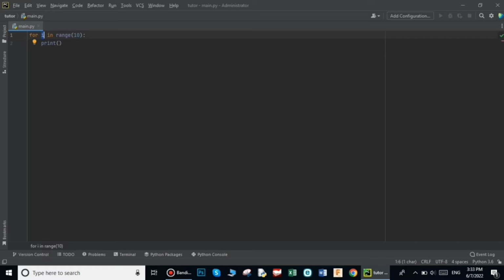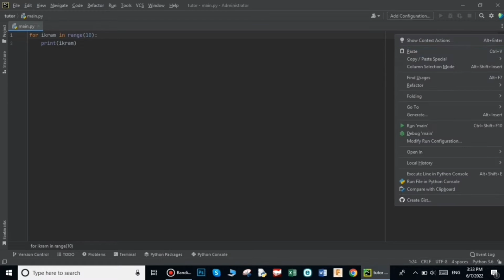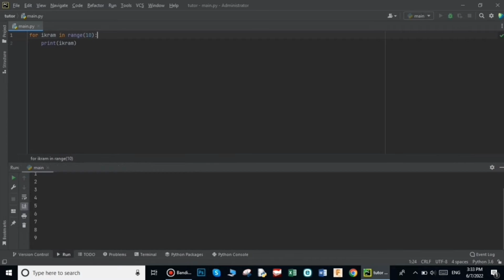In my case it's going to be Ikram, and whatever I write here I have to write in the print too. After doing everything, I press the run button, and as you can see,